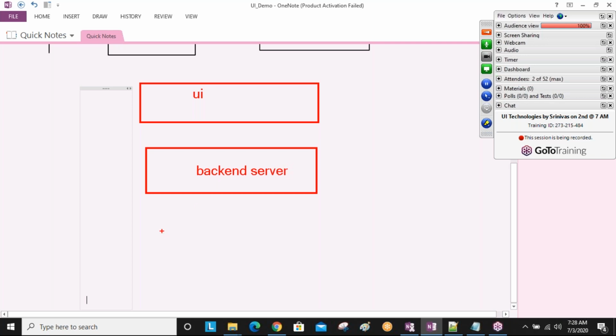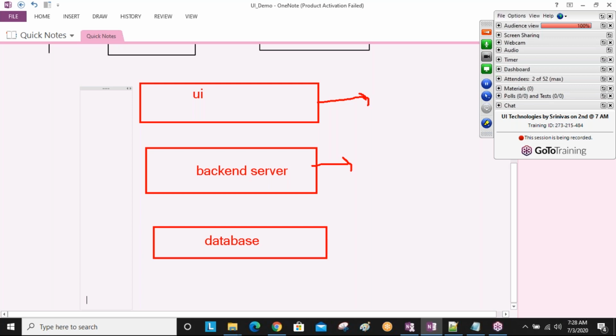And the next is the database. So this is the presentation layer, this is the server side layer, the backend layer, and this is the database layer.